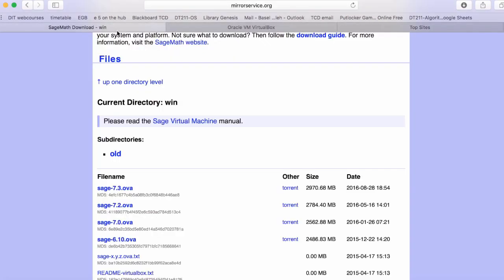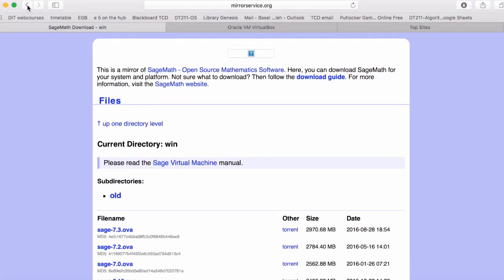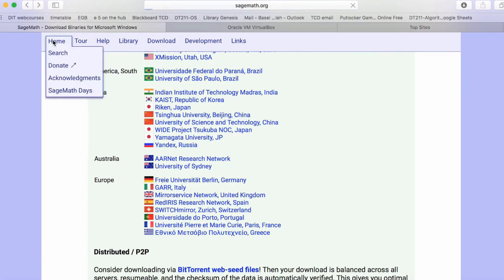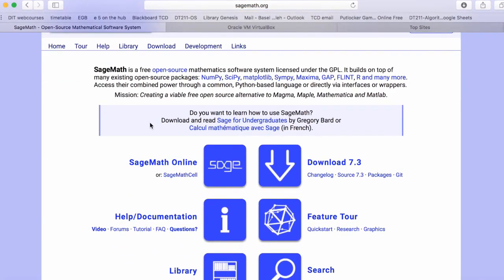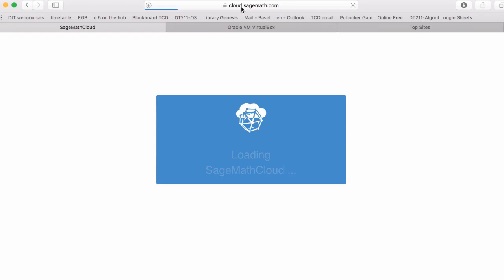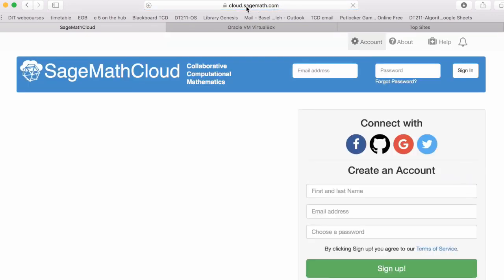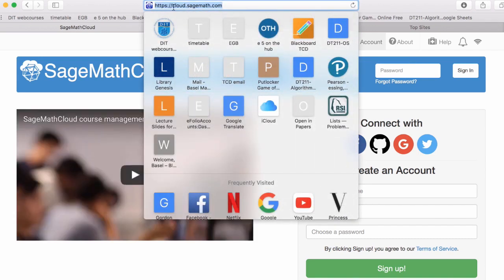So if you go back here to the main website of Sage, let's say you don't need to download Sage on your computer, you don't have space, or you just need to have something handy that you can access from anywhere. You can get SageMath Online, which is a cloud-based Sage implementation that you can use out of the box. The URL for this, as you can see here in the video, is cloud.sagemath.com,